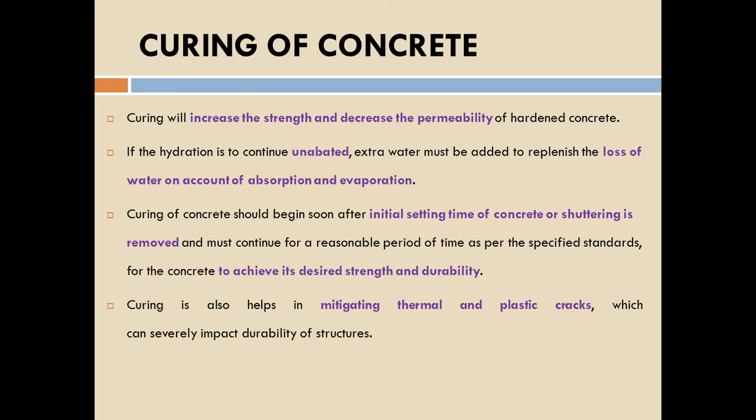So theoretically speaking, the water cement ratio required for complete hydration is 0.38, that is 0.23 for hydration and 0.15 for filling up the voids. If you add those two, 0.23 and 0.15, 0.38 is quite sufficient to get all the cement particles hydrated. If you take a concrete in a container, then a water cement ratio of 0.38 is quite enough to get all the particles hydrated theoretically.